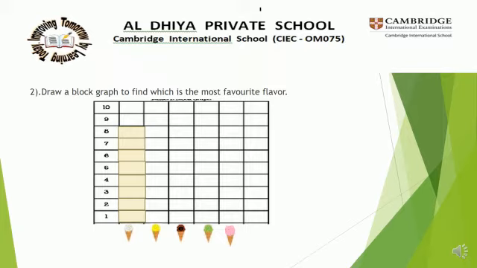And the lemon is only 1 student. So, I used dark yellow color. Only 1 box. And the next is chocolate flavor. 7 students raised their hands. So, I am going to color with brown till the 7th block. Okay, students. And the next is mint. 4 of them raised for mint. So, I used green color till the fourth block. Okay, then strawberry is 6.